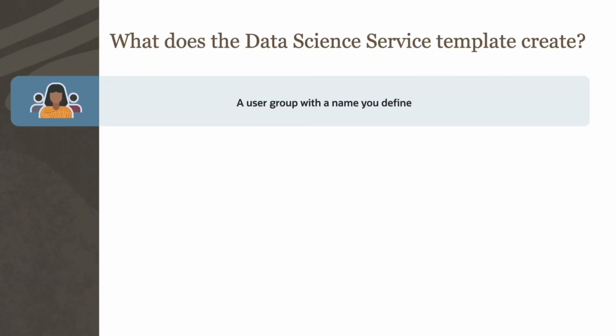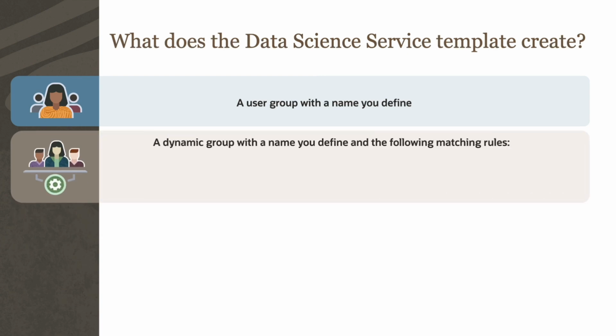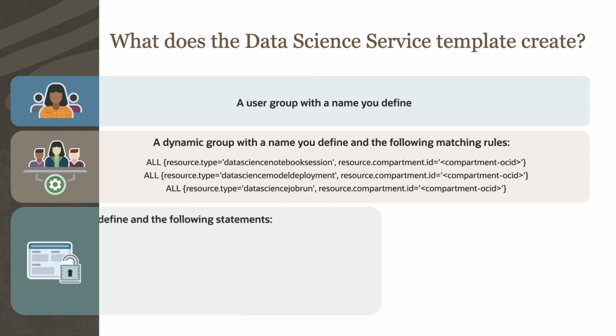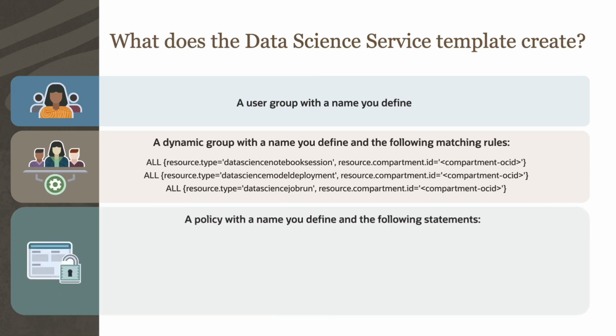The Data Science Service template creates a user group with a name you define, a dynamic group with a name you define, and the following matching rules for resource types: data science notebook session, data science model deployment, and data science job run. It also creates a policy with a name you define and the following statements